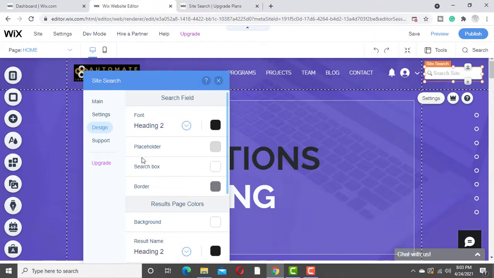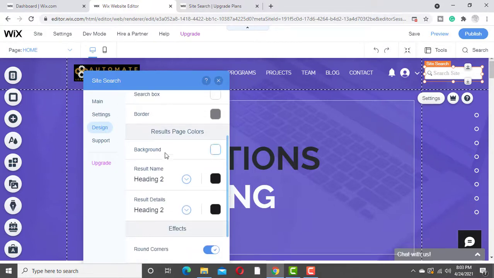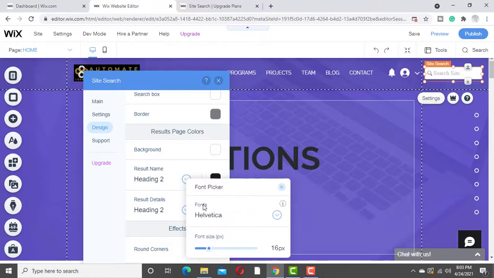You can change the font, the placeholder color, search box color, and border color. The result page color can also be changed under the result page colors. The background of the page and the result name, the font should be heading 2 or whatever. By clicking the dropdown, you can change the font, the color picker, and the font size.